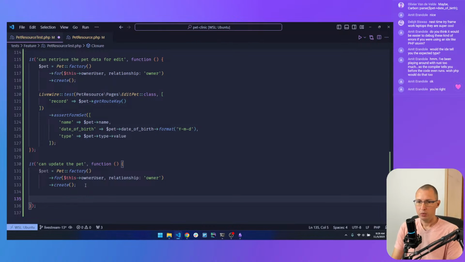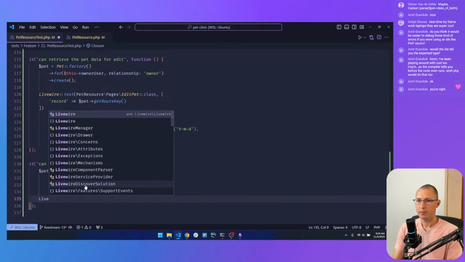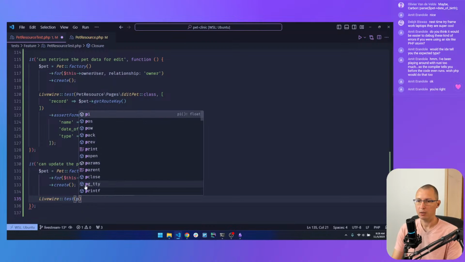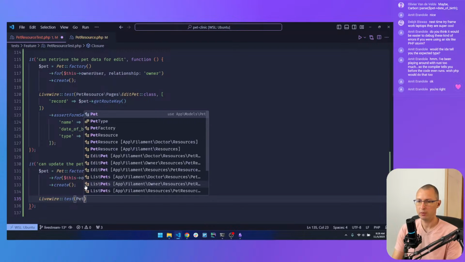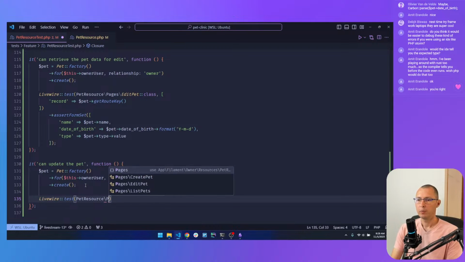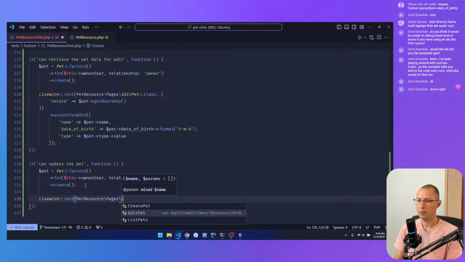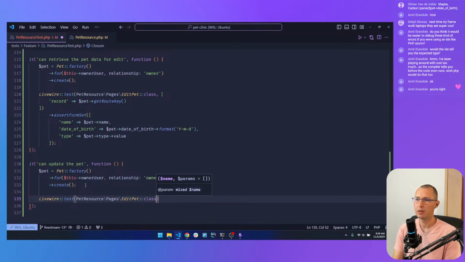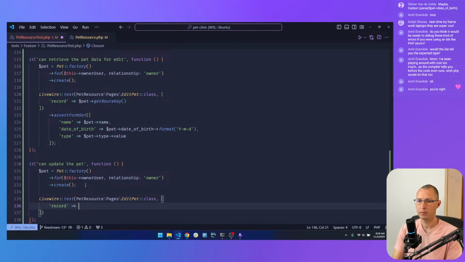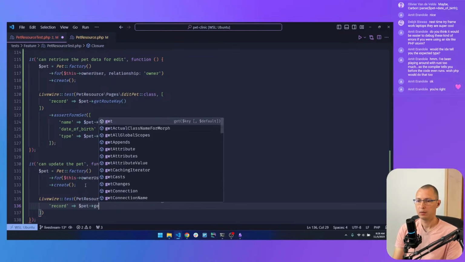So now I need to use Livewire test. We're going to again mount that component from pet resource, pages, edit pet class. And we're going to pass the record again, with pet get route key.